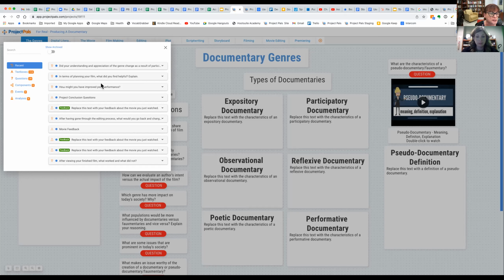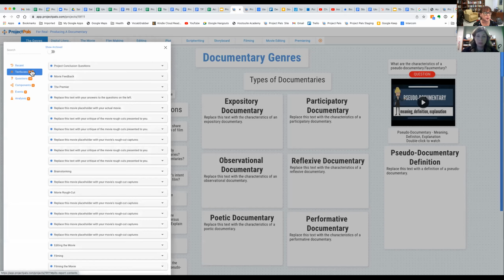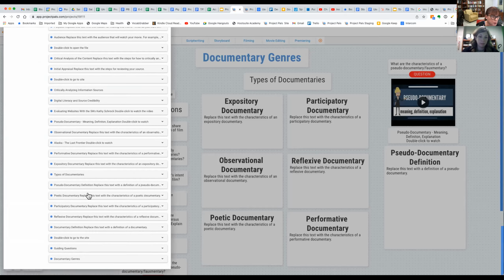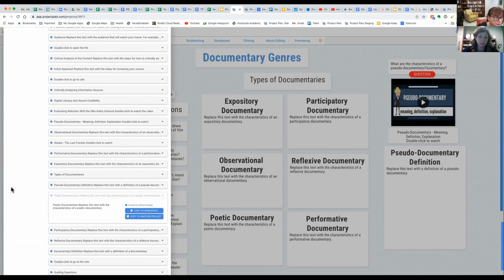Now, once this recent addition is overflowing, the application arranges them by type. So all the text boxes that you created in this project will show up here. Now, why is that? Because you can repurpose them. Let's say that you need to use the same expository documentary text box in another tab, and you don't want to repeat that. All you have to do is come to text boxes, find the repository one that probably will be on the bottom somewhere here, and